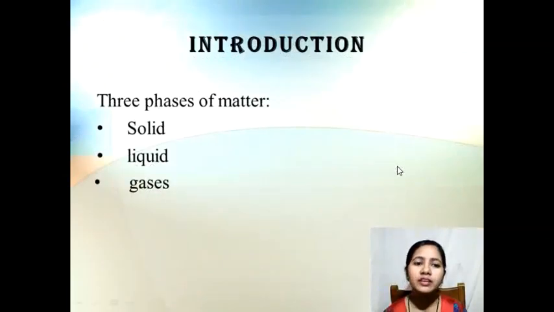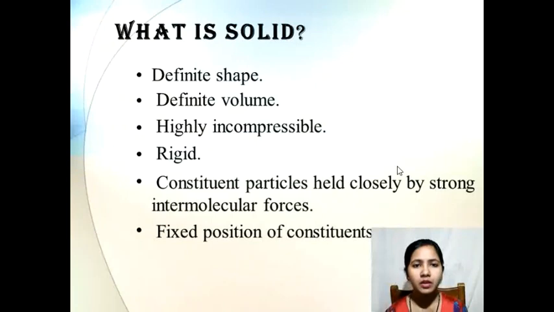So as you all know that there are three states of matter, which are solid, liquid and gases. Now in this chapter our main focus is only on the solid. In the liquid part you have already learned in previous class. So here we will concern only for the solid. So let us see. So the first question arises that what is actually a solid? So this definition you all know, you have learned this in your previous classes or in your lower classes. So solid is having a definite shape, it is having a definite volume, it is highly incompressible, it is rigid.